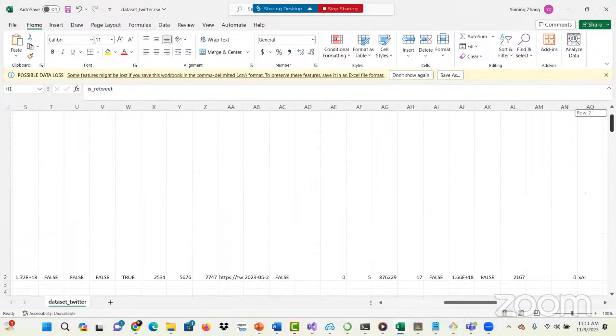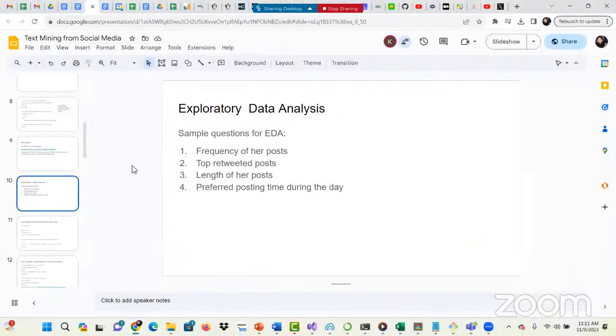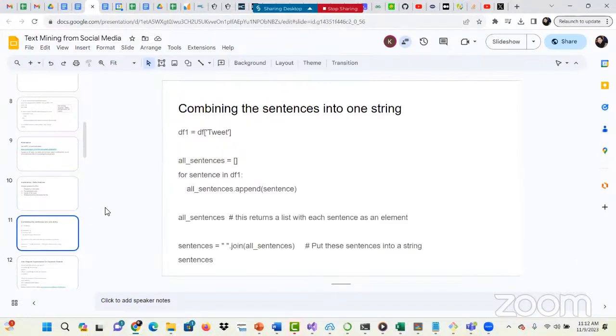Anyway, with this data frame, there is a lot of easy data, just some data summary tasks you can work on, right? The next thing I want to demonstrate is to see